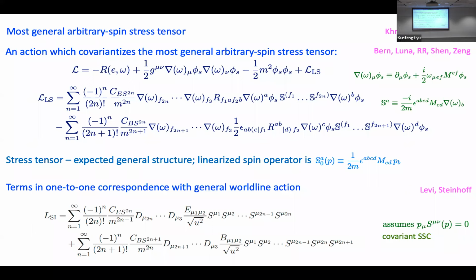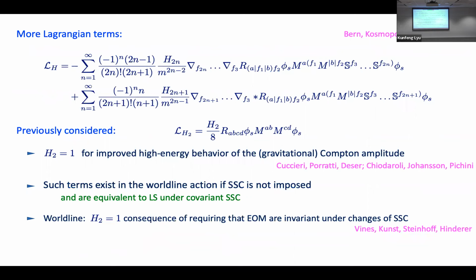There is one twist here. We are aiming at this as an effective field theory, so if there are other operators that could be added, they should be added. And here is a large class of them, infinitely many of them. In fact, just one of these, known as H2, has been considered before, and it has a number of interesting properties. If one adds this to the up-to-spin-square action, one finds that the gravitational Compton amplitude has a much better high energy behavior than the amplitude for a generic H2. This was called